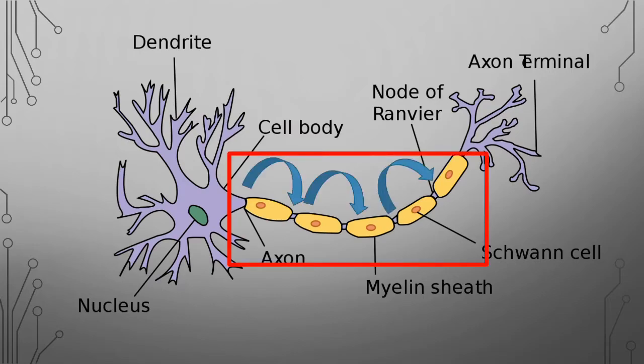One more note about action potentials, the electrical signals that travel down the axon. It's not one constant signal the whole way down. They are regenerated along the length of the axon. Action potentials are spikes of depolarizing electrical activity. This strongly depolarizes the next adjacent axon segment. The depolarization creates a new action potential, and it does this on and on all the way down. This regeneration happens at the nodes of Ranvier, which are the gaps in between the wraps of myelin sheath. This process of the action potential jumping from segment to segment is known as saltatory conduction.